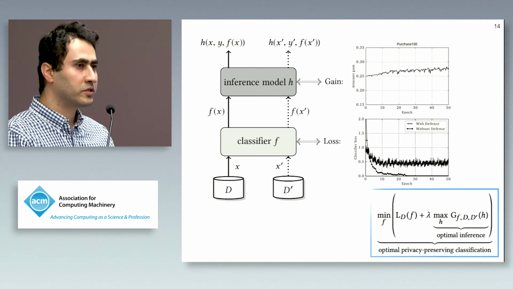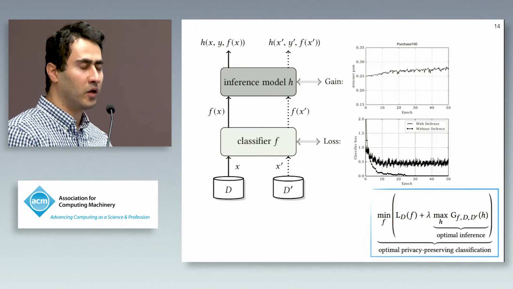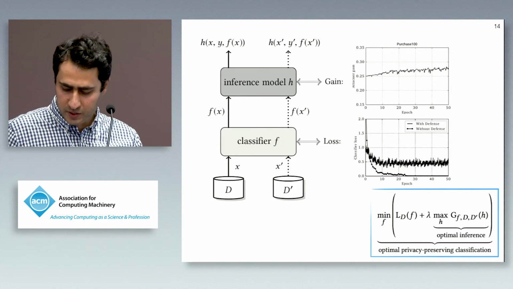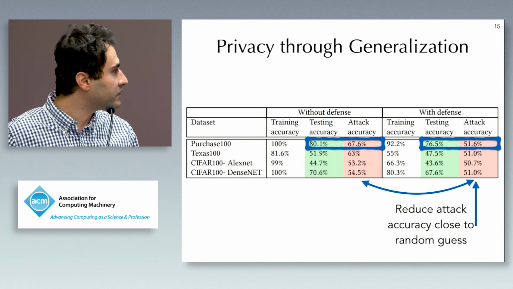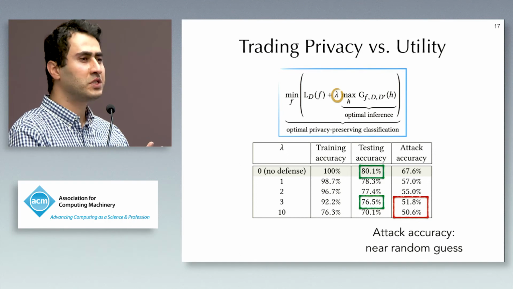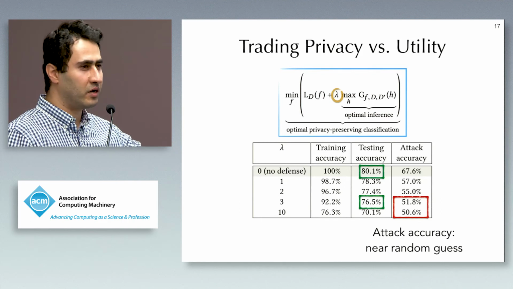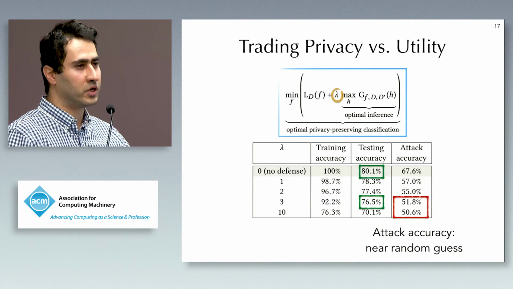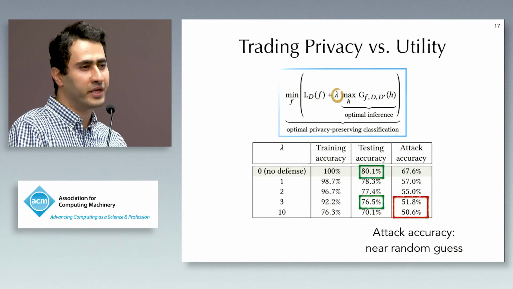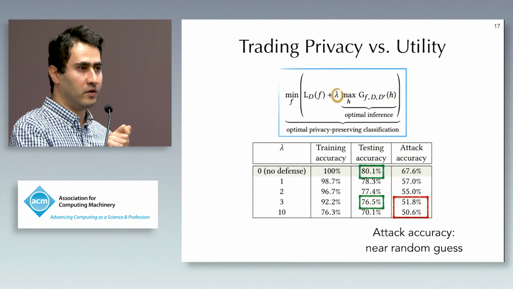If I get your question correctly, you're asking how we can manage the trade-off between the accuracy of the underlying model and the robustness to the attacker. Yes. Like I showed in this table, we use the lambda parameter to trade off between how much privacy we're looking for and how much accuracy we want. By tuning this lambda, we can say, I want to have more privacy, and I don't care if the utility goes down by this much. Or you can say, I really care about utility, but let's fix the membership privacy only a little bit. That's the parameter that you can use to tune between privacy level and utility.